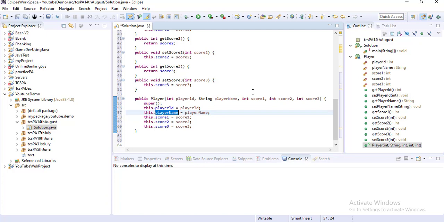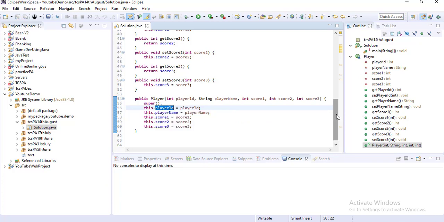These are the values we expect in this constructor, and while creating the object of that class, you have to pass these values, and they will be assigned to the corresponding fields. So this is the constructor.